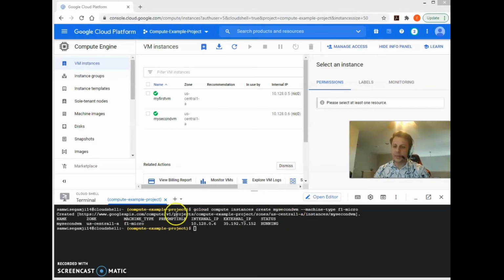We specified that, but what we didn't specify was the zone, US Central 1-A. And that has been correctly configured here in this VM. When we get the result back, we get that correct zone. So that means that by using the configuration and setting a default zone in the configuration, in the future, when we alter compute instances and create new VMs, they're already going to have that zone every time unless I specify